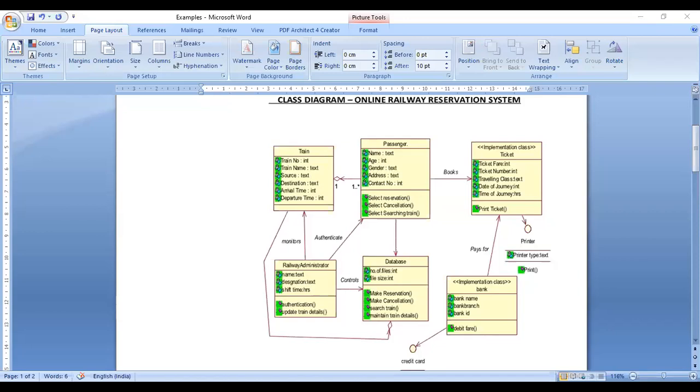If we want to execute one project, while developing it you show the software features and the hardware you are going to use. This project will be developed in the Windows operating system, or it needs Unix, or it needs the Ubuntu operating system. Like that, we put some operating system requirements while developing a project, and also some hardware requirements: what is the processor speed, how much hard disk you need.